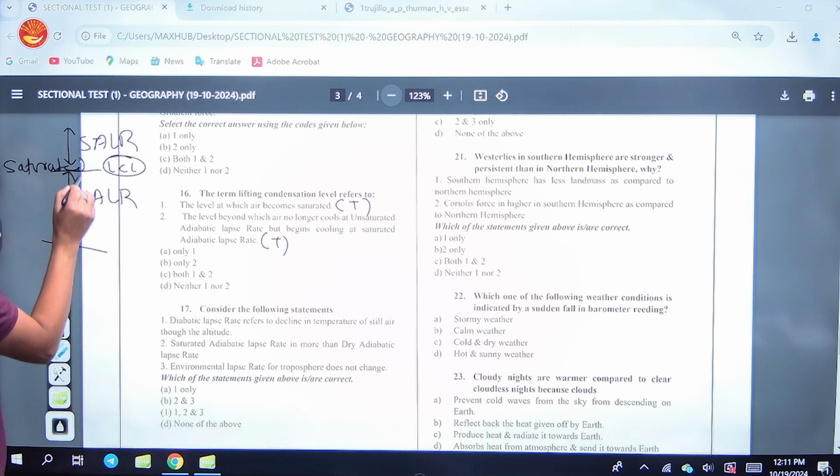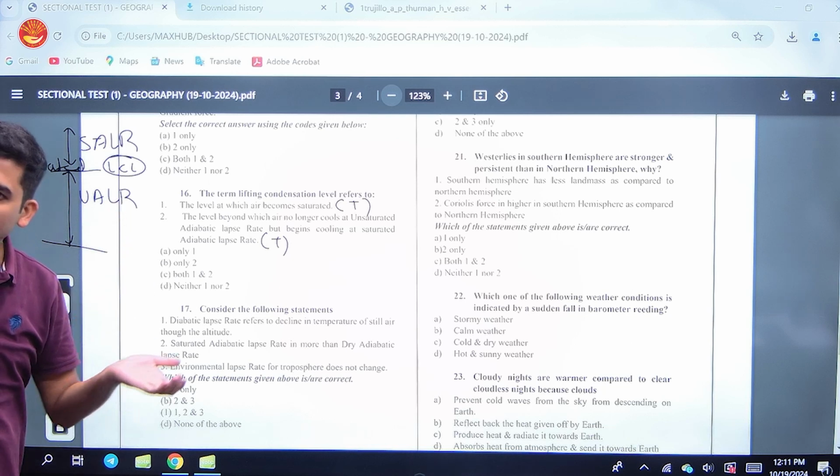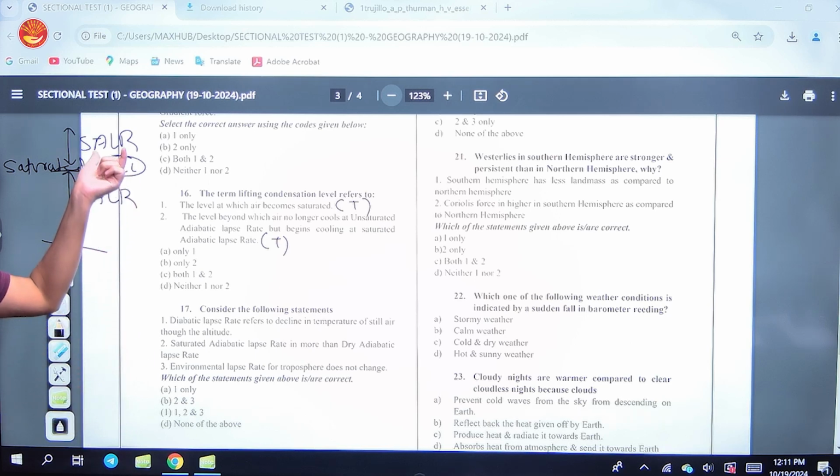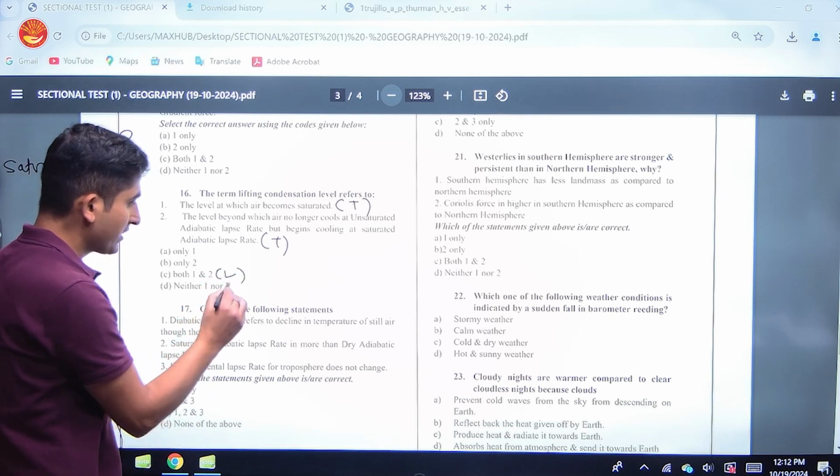That is, the dew point is reached, and beyond the dew point, if air is moving up, because of the release of latent heat it will go up, but that will be under the saturated adiabatic lapse rate. So these are both true. So this is the correct fit, both C and